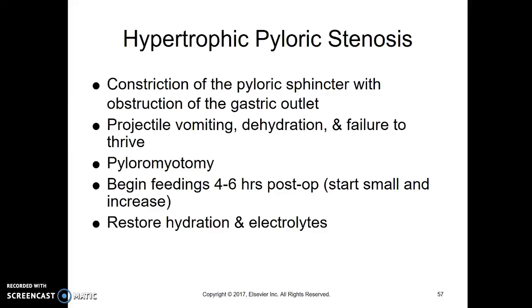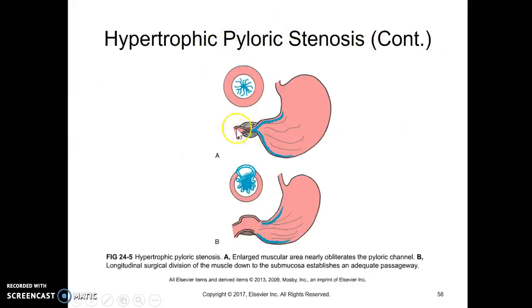So they get dehydrated. So we have to do surgery and just snip this pyloric sphincter at the base of the stomach here to let it get big enough to let things flow through. And then we start feeding them again shortly after the surgery, and they do